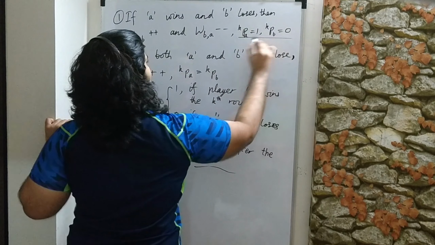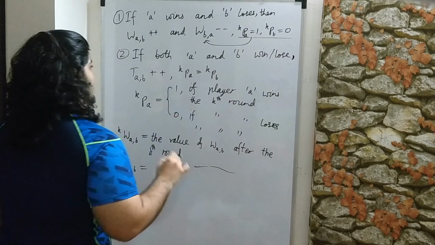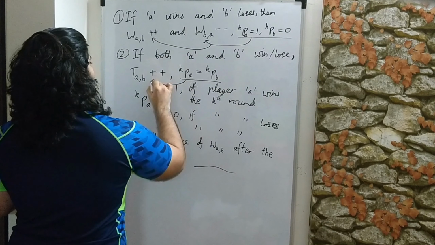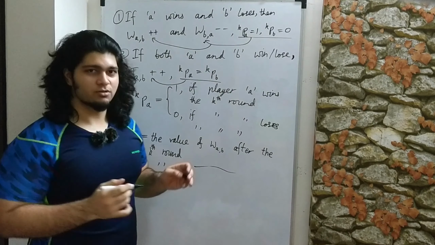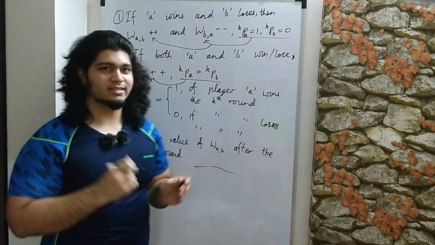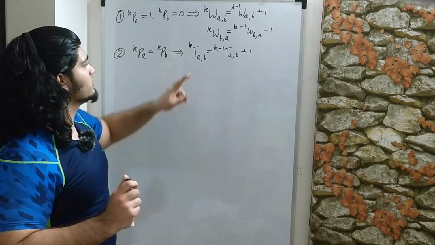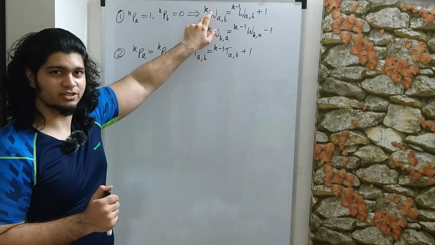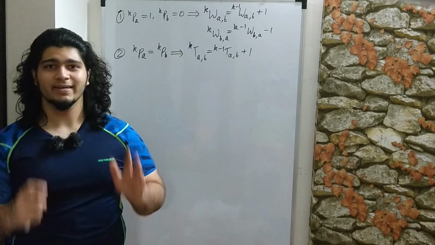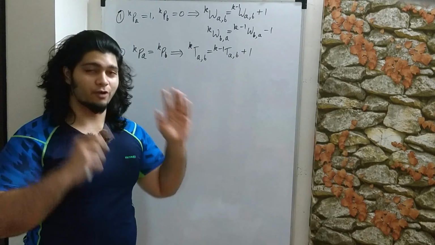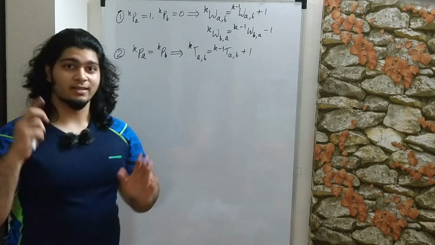So in this condition, we do WBA minus minus and WAB plus plus, and in this condition we do TAB plus plus. So now we can state these rules in a much easier format. Okay, so I've written down the simplified versions of our rules over here, and I want you to notice that I've started using the K notation over here. So if you're not comfortable with so many variables flying around, I want you to pause the video, go back and see the meaning for each variable and see if this makes sense, and I want it to make intuitive sense to you. So if you're clear with that, now let's move on.